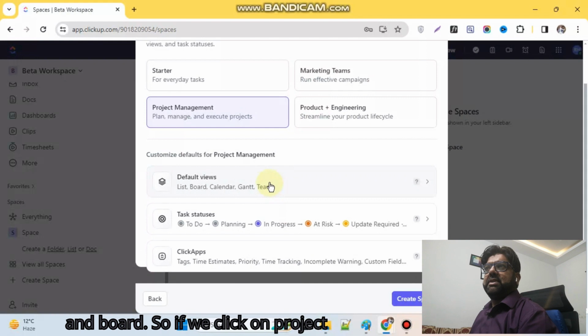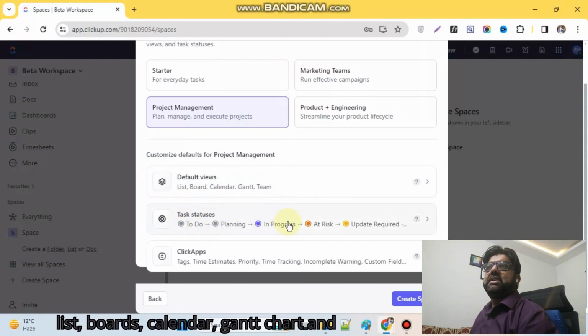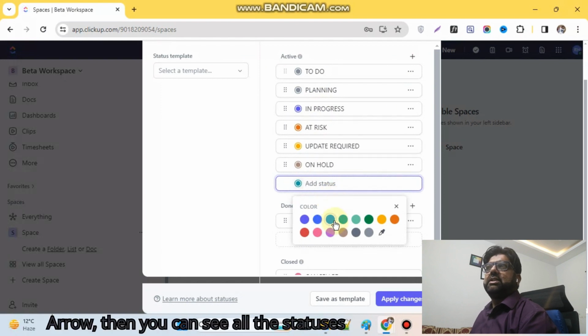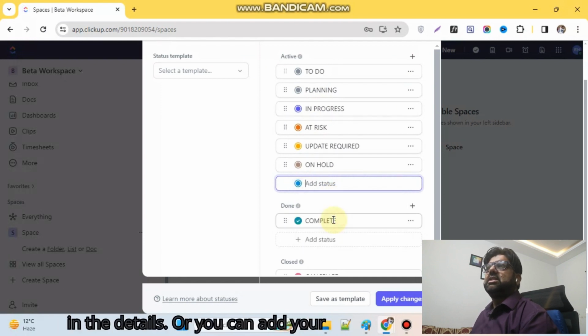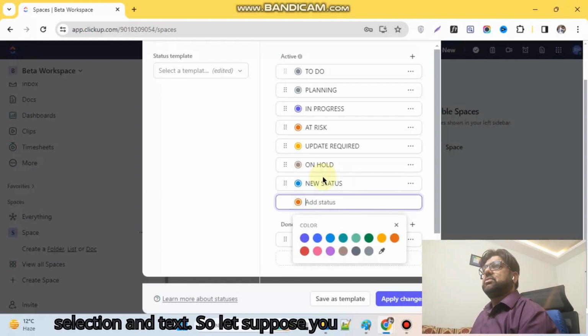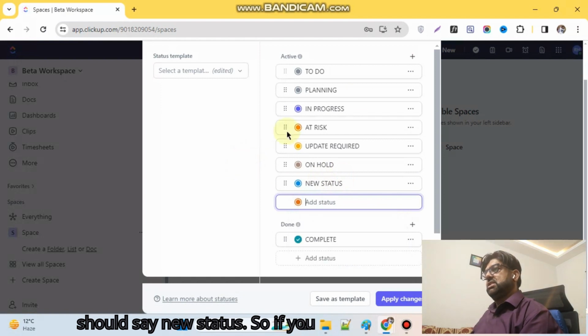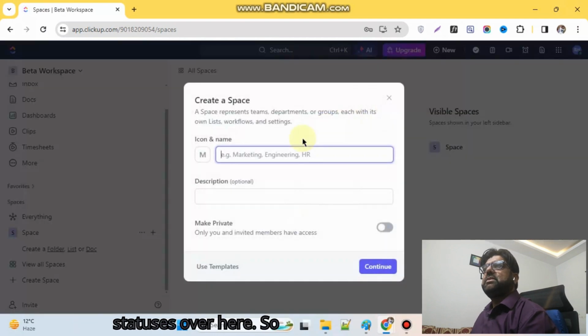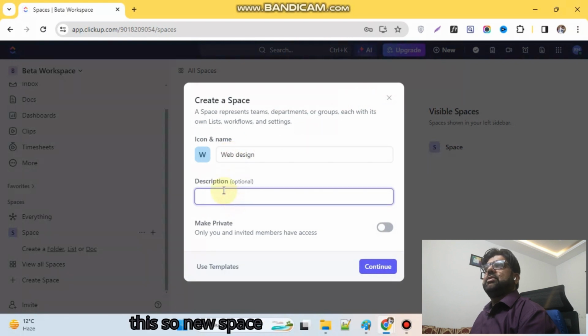If we click on project management, it has default views of list, board, calendar, Gantt chart, and team. And it has task statuses to do, planning, in progress, at risk, update required, and there are others. If you click on the right-hand arrow, you can see all the statuses in detail, or you can add your own status as well with some color selection and text. So let's suppose you can say new status. You can have some other statuses over here. So if I go back and I close this, new space,